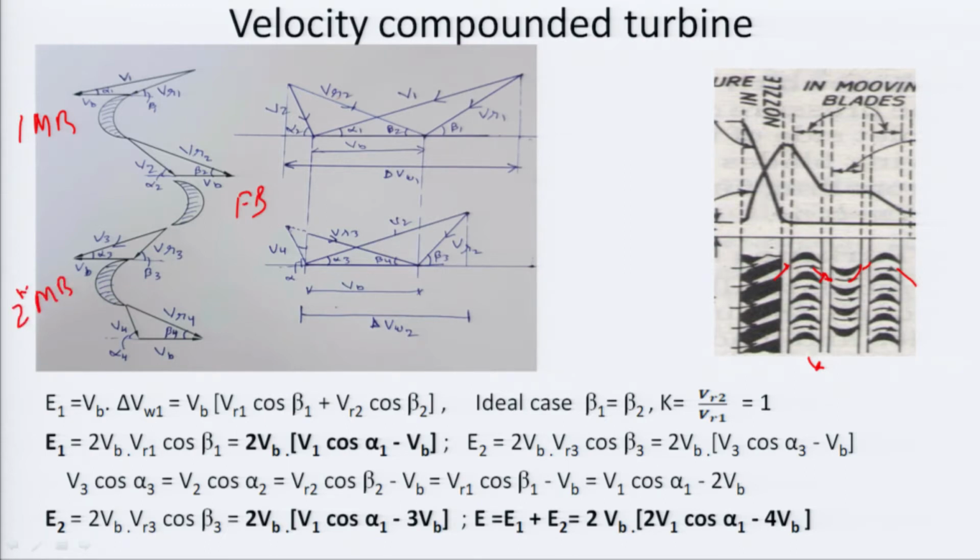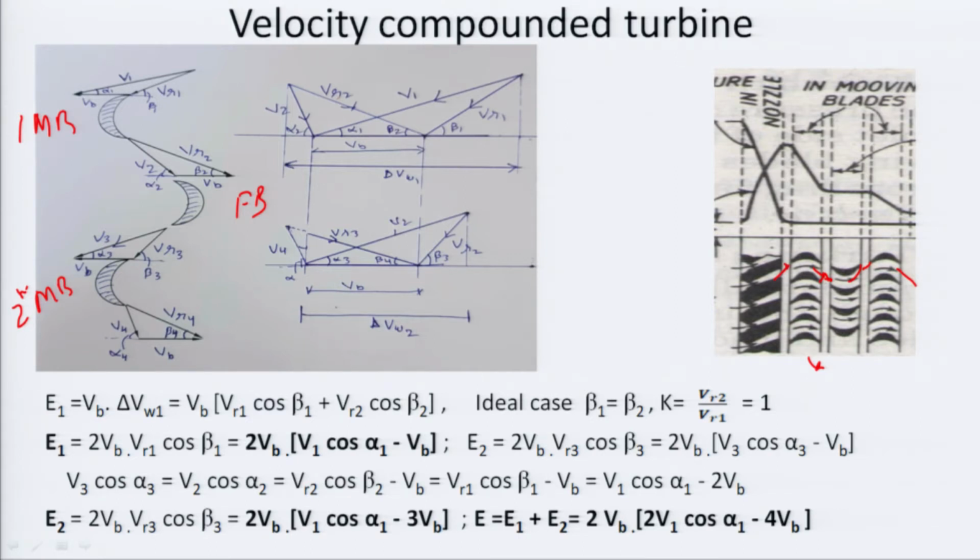What is happening? Suppose at V1 it comes out from the nozzle, V1 is the velocity, the inlet velocity at the first set of moving blade or at the exit of the nozzle. We can draw the velocity diagram for this, Vb is the blade velocity. One thing is common here, blades are mounted on the same shaft, and the shaft is rotating with the same speed, and also the mean blade height is the same for each of the stages.